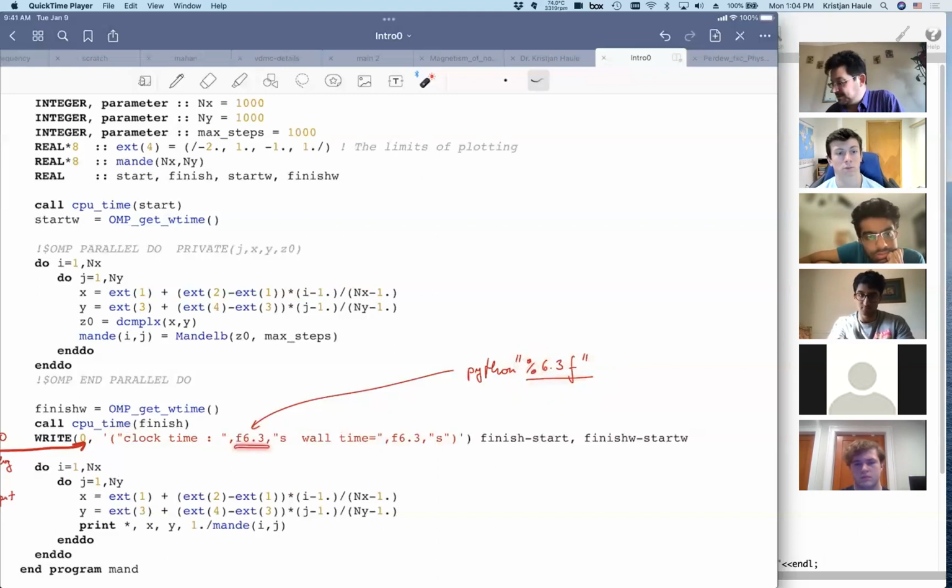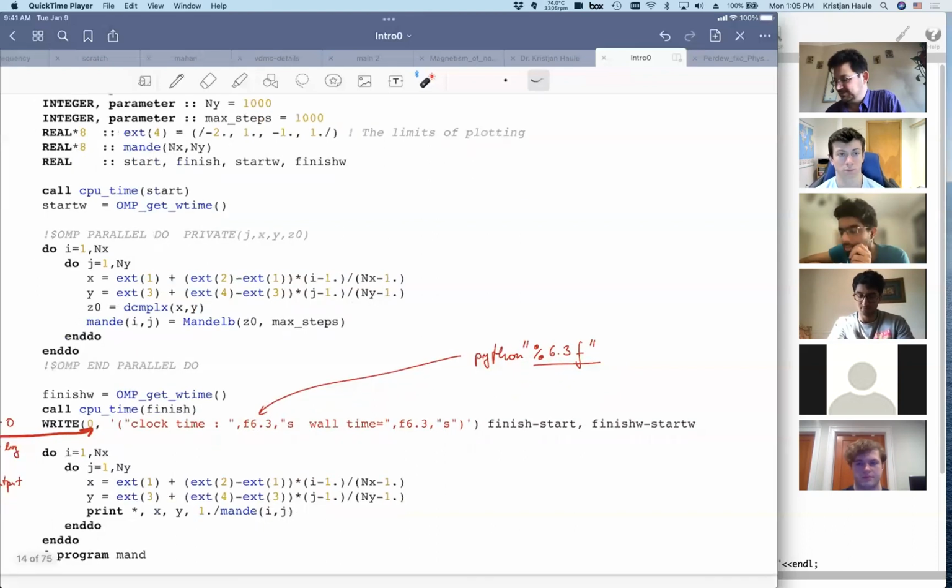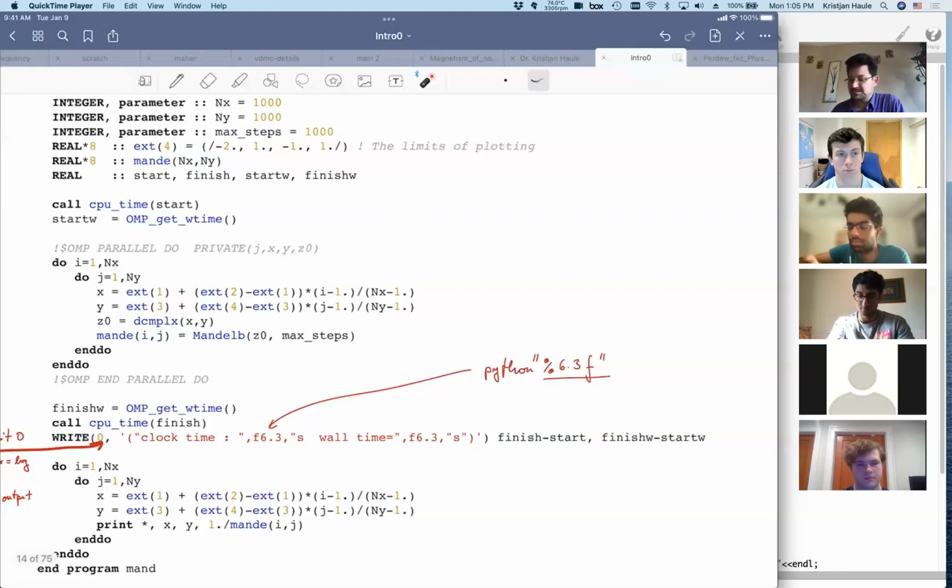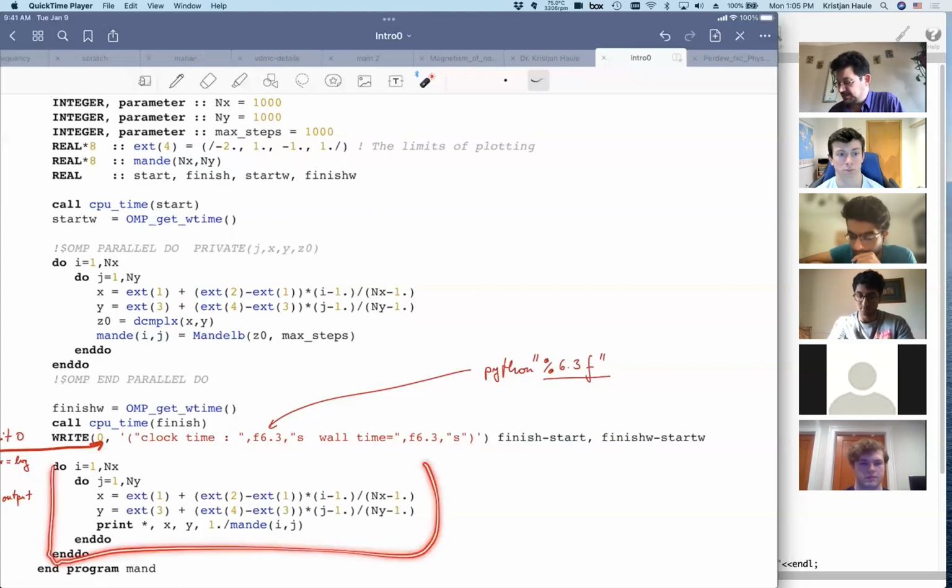Fortran, as you see, this is not part of the string, it's actually separate from the string, and therefore it does not require a special sign such as $. So it's just f6.3 means it's not a string, it's a format of something. Okay, so that's how it works. Okay, anyway, so this is the output statement that will print the time, and then this loop is basically just going over